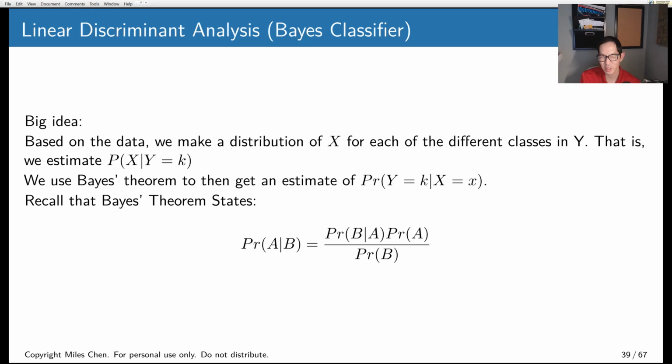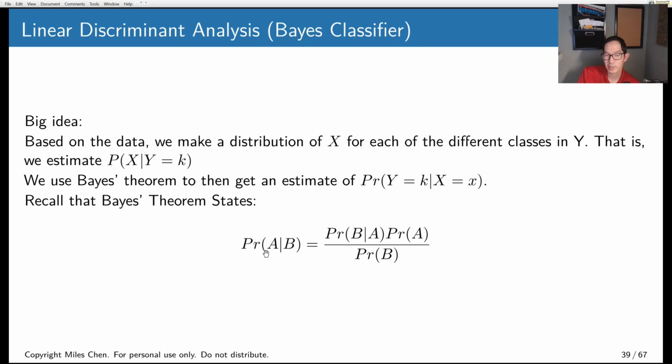data. You can make a distribution of X for each of the different classes of Y. That is, you can estimate the probability of X given Y is equal to some class, right? And we can use Bayes' rule, because what we want to know is the probability that this observation belongs to some class K if we have some value for X. If X is equal to some value x, what is the probability that Y belongs to some